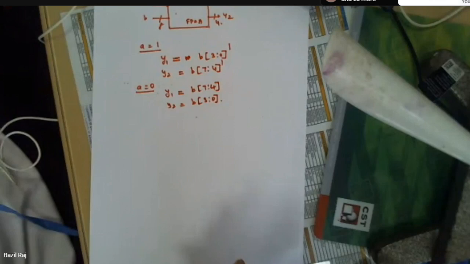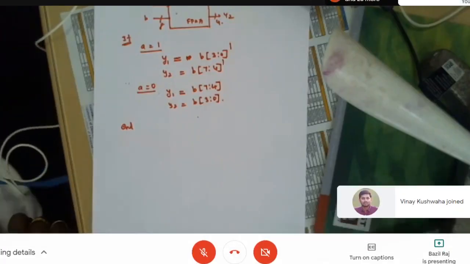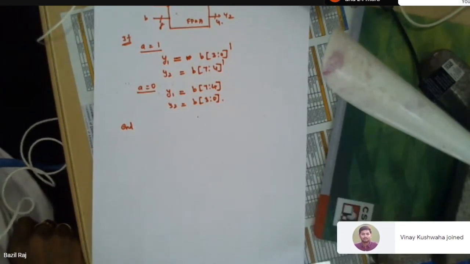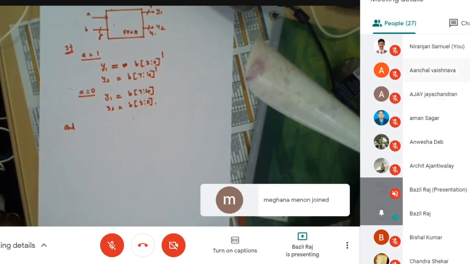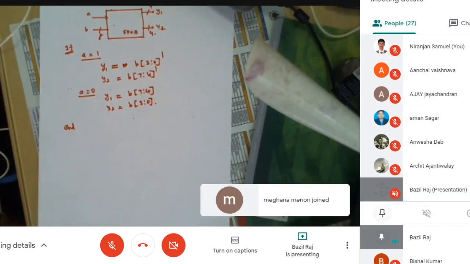Since this is a simple example, you can straight away map your implementation with your logic. But when you go for a 1000 line program, when you want to develop some neurocontroller, or build some image processing or voice processing algorithm, it consists of maybe 1000 lines, 10,000 lines, which requires millions or billions of gates. So a lot of resources will be utilized there. Mapping one-to-one by our naked eye is difficult. So by this simple example, we will understand how the tool will optimize the design into the hardware realization or hardware implementation. So that is the idea.